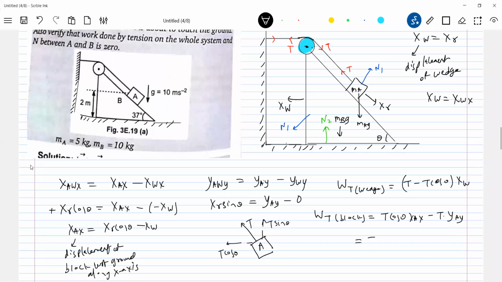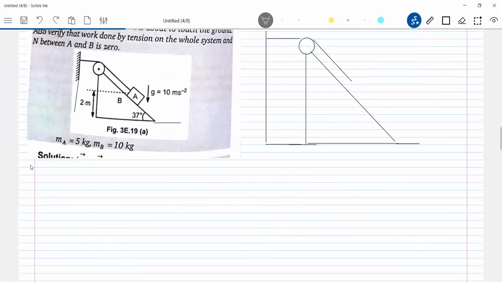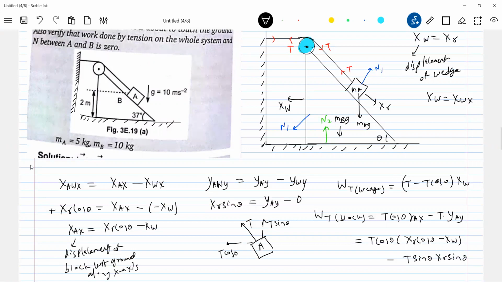Okay, let me substitute all this. T cos theta. What is the XAX? We have XR cos theta minus T sin theta. YAY will be XR sin theta. What is T cos theta? XR. Look at these values. T cos theta, XR cos theta. Here T sin theta, XR sin theta. So if I add up these two,